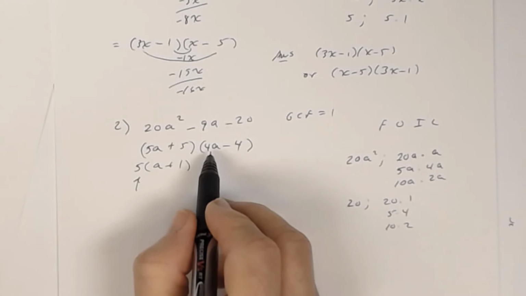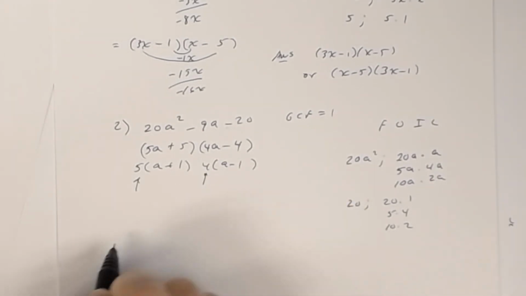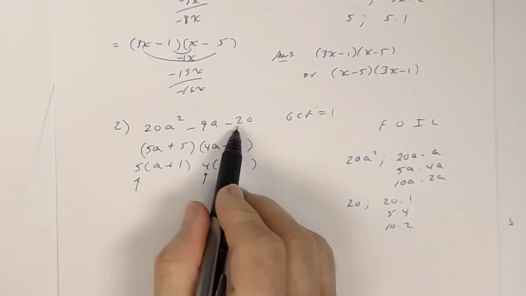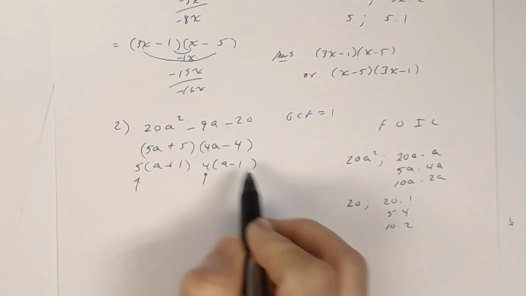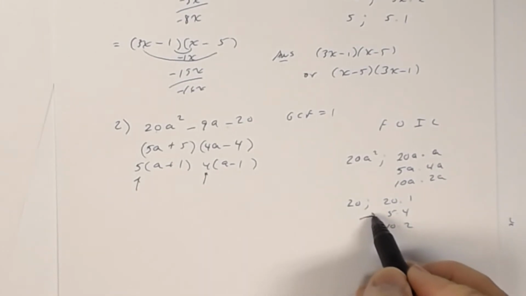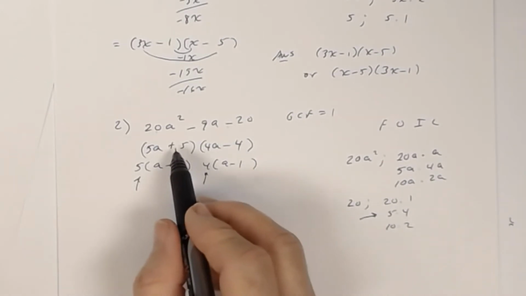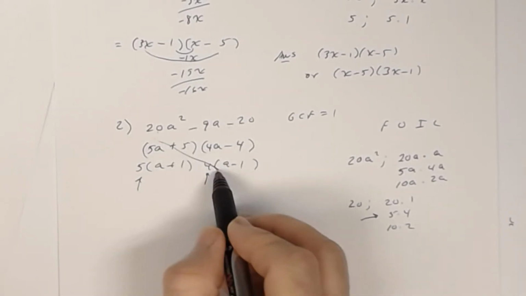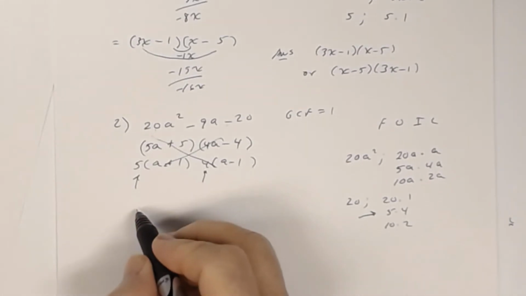The same thing here. If you put the 4 here, then that means you can factor out a 4, which means that you could have factored out a 4 from all of these, and that's not true because we know the GCF is 1. So I know that if I use 5 and 4, I cannot put the 5 here, and I cannot put the 4 here, because I can factor it out further. And I know I cannot do that because the GCF is 1. So that means then